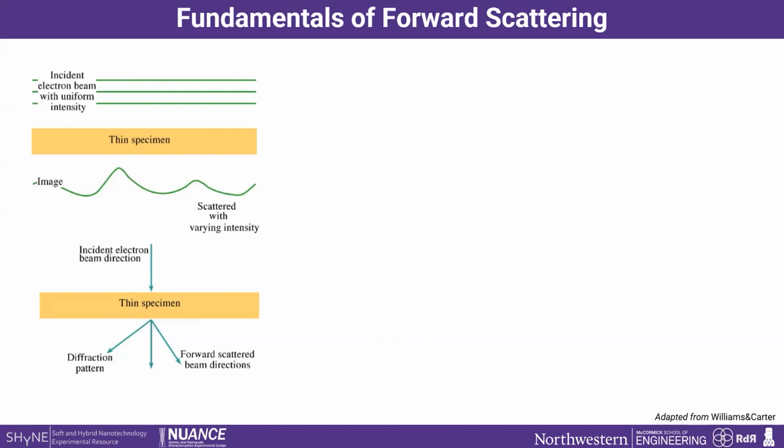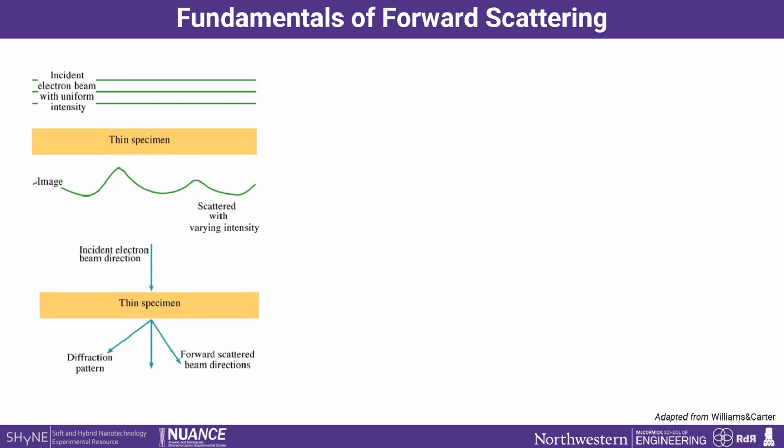So after passing through your sample, you basically have two variations that your sample perturbs your wave in different ways. One is varying the intensity, and the second is the direction of that electron wave. That will give you the points in reciprocal space, and this will give you your intensity, basically, right? And then the two fundamental pieces that you should know if you want to analyze any diffraction pattern,